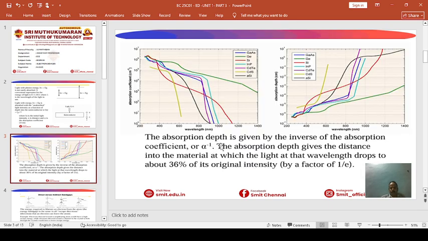From the diagram we can see the generation mechanism called band to band generation, which is also called direct generation. In semiconductors, the electrons exist in the valence band under normal conditions. When sufficient energy is supplied, an electron can jump from the valence band to the conduction band. The energy can come in the form of thermal energy or light energy. When the electron moves to the conduction band, it leaves behind a hole in the valence band, and this creates